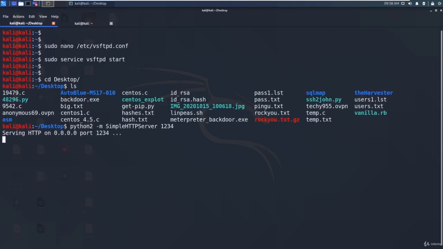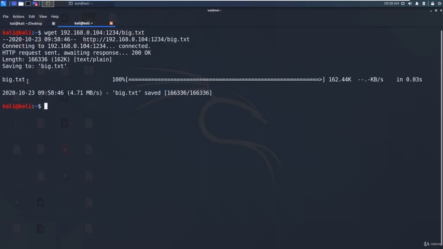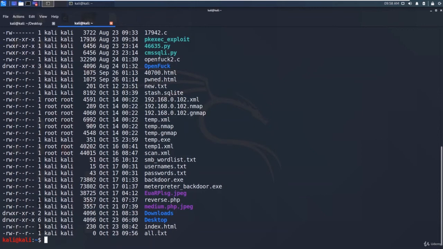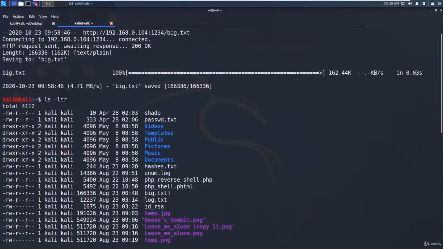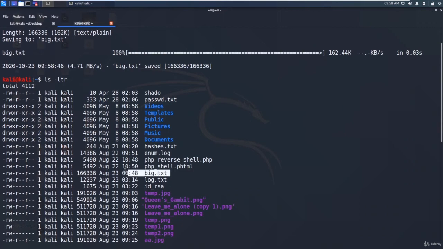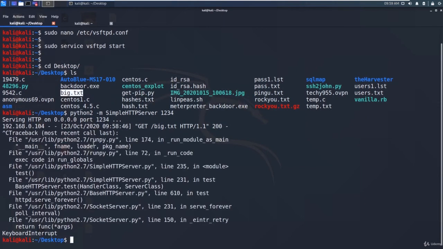I can simply say big.txt and the file will be downloaded. As you can see, big.txt has been saved. If I show you ls -ltr, big.txt has been saved in the home folder, whereas previously it was in the Desktop folder. So this is the Python 2 HTTP server.